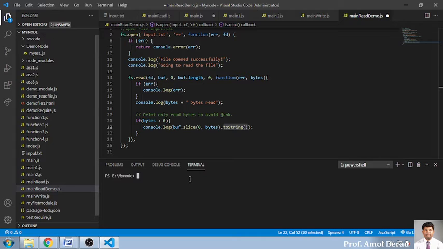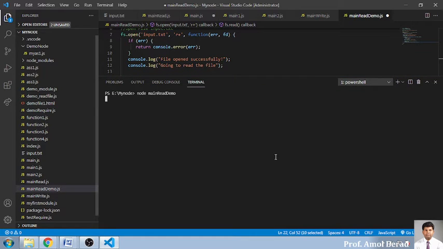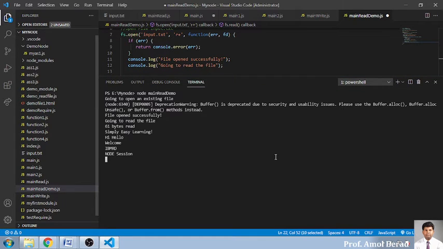Now I'm going to run this program. So node, space, the name of my file, which is main read demo. I'm pressing enter. Whatever I have written into the file called input.txt will be retrieved. The file will be opened, and then the size will be specified, that is 61 bytes.